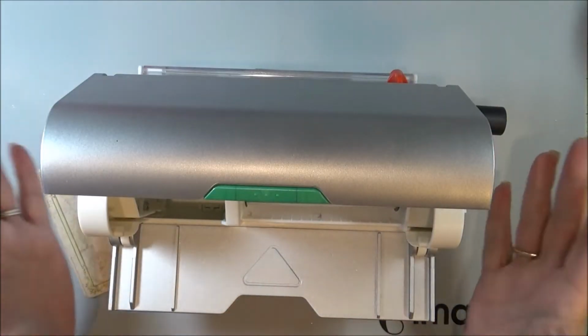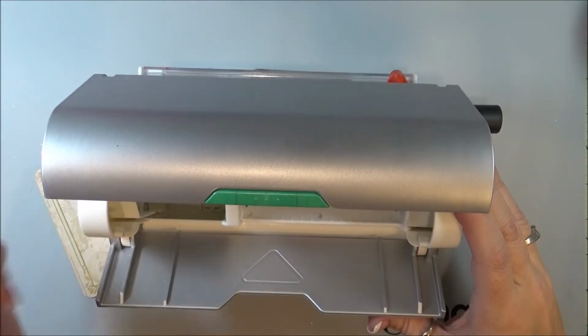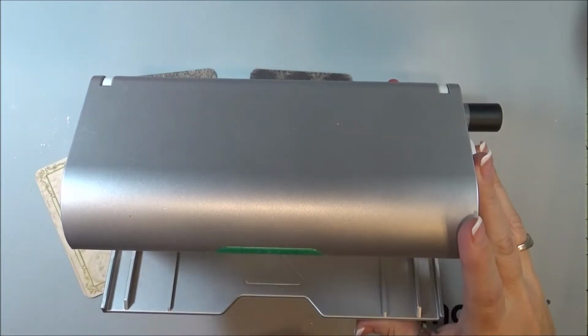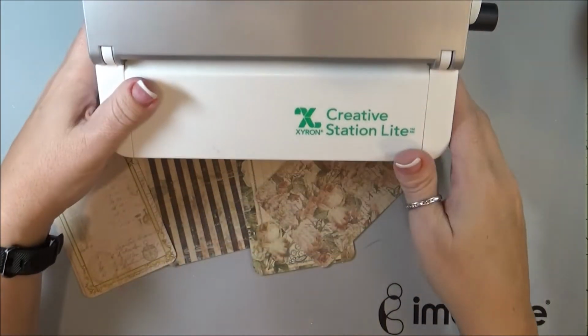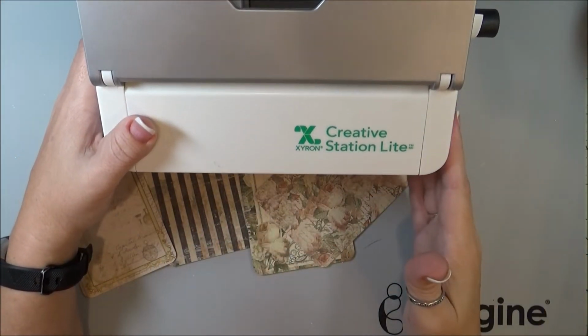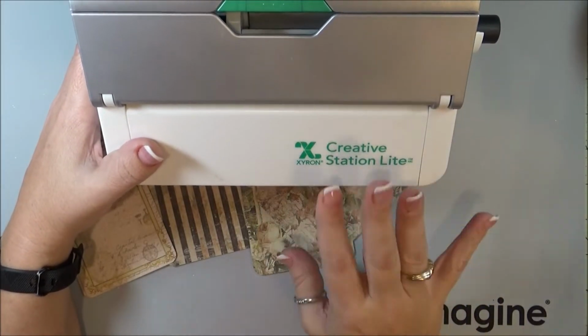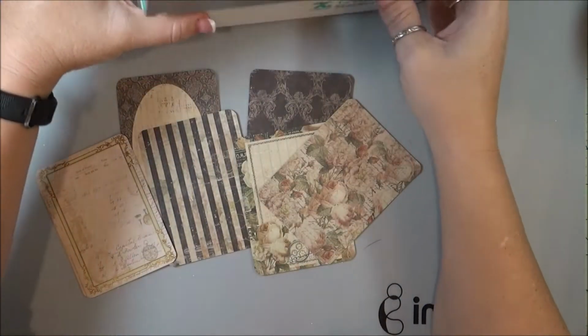You can use this with so many different types of material and mediums, which I'll show you, because I'm going to be using all kinds of different stuff just so you get an idea of everything that you can use in this. This is definitely my favorite, even though all of the Xyron products are my favorite, but this one I seem to use the most out of all of them. So to get started here,